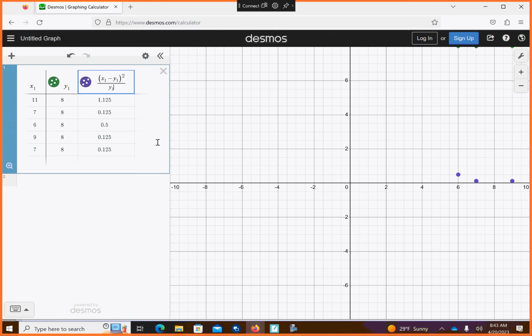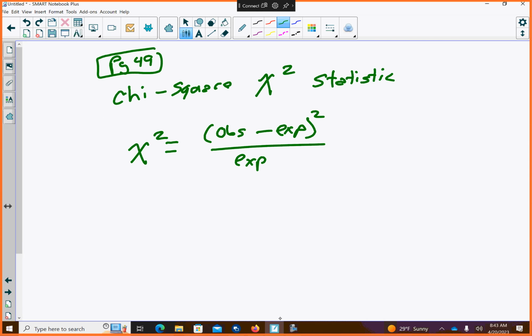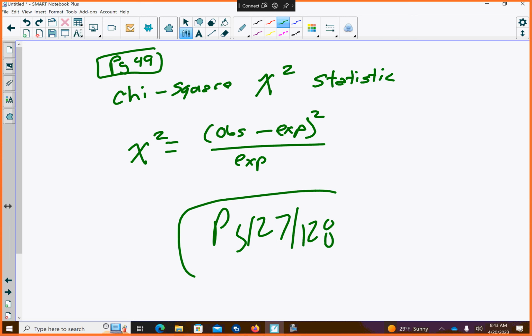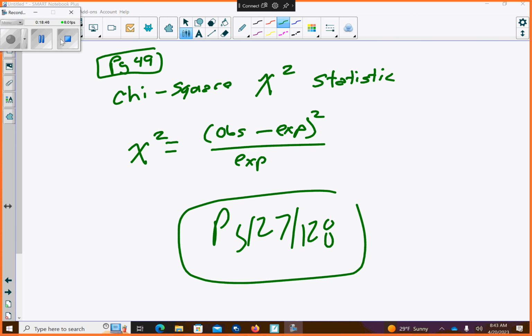Okay, and that's going to lead us into 7.3, where Desmos is really going to be a powerful tool for us. So what I'd like you to do is take a quick gander at pages 127 and 128. Just take a good look at it and know that that's what we're covering for tomorrow. And then we'll do the 7.3 chi-squared test on Desmos. Good in the hood? All right, so my friends, I will tell you